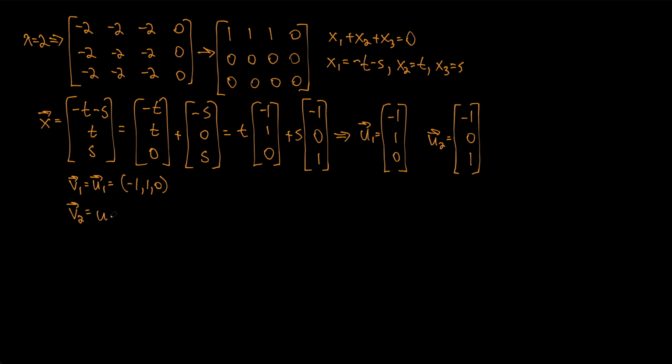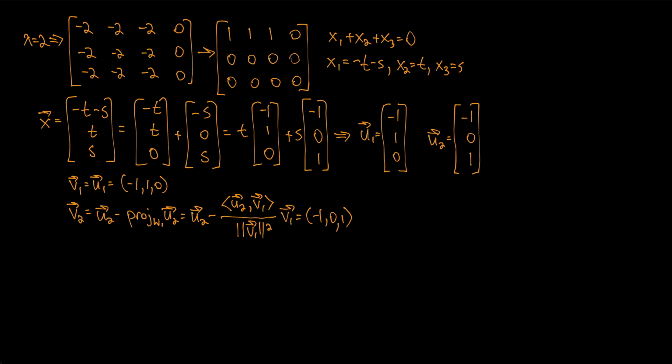Using our Gram-Schmidt formula, that'll be u2 minus the projection onto v1 of u2, so that's u2 minus the inner product of u2 with v1 over the length of v1 squared times v1,